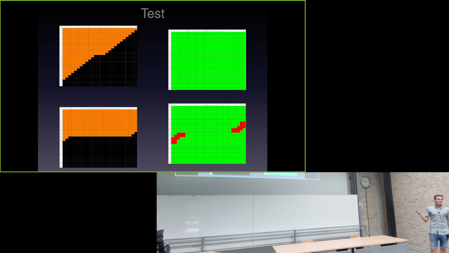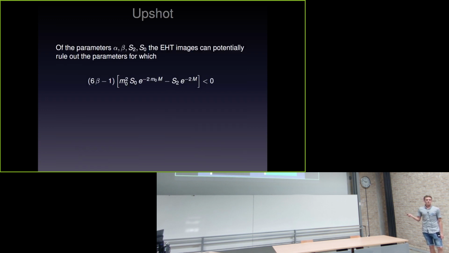The nice thing is that for large masses, the larger your mass becomes, this problem will just go away. And so what's the upshot? And this is the wishful thinking slide, if you want. If you can rule out these naked singularities, and we have good motivation that you can, then you can rule out the parameters for this tiny factor, if you assume m to be really small, for which this combination is less than 0. And if you can still rule out the naked singularity solutions that you would get